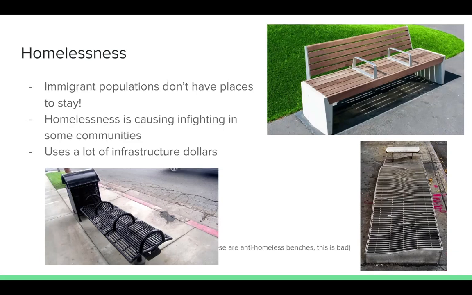And so we can see homelessness actively causing more issues because there are only so many resources to go around, and we already can't handle current homeless populations. So it's a scalar argument where you see, okay, homelessness already is a problem, and as more people come to the United States without much of an ability to secure housing,